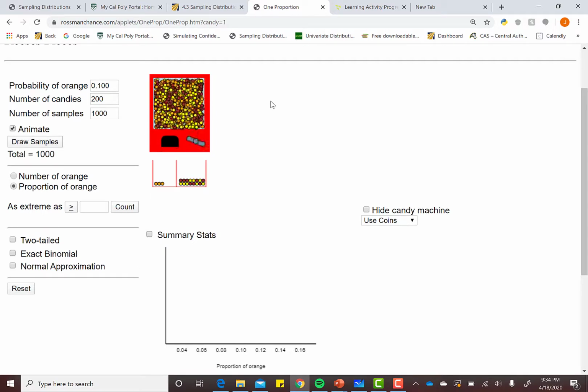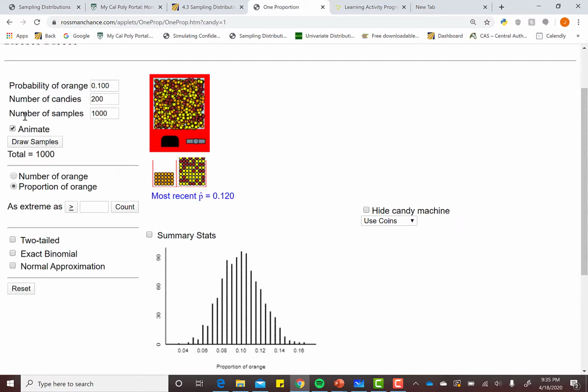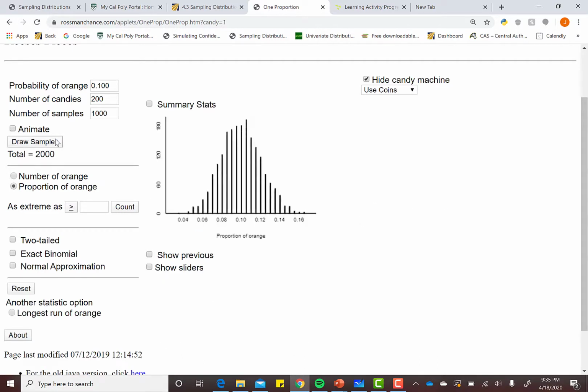And the proportion of orange candies in this example is 0.10. So we'll see a huge simulation, so many orange candies. And our goal is to try to estimate the proportion of orange candies. Now, the more observations we have, the smaller our spread will become. Now, what we'll notice is if we repeat this process over and over again, our distribution seems to now follow